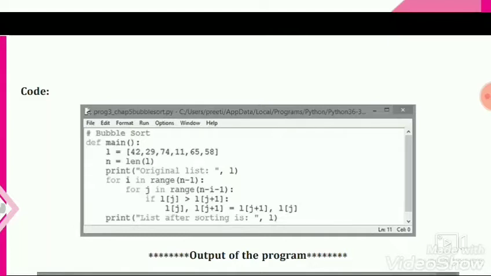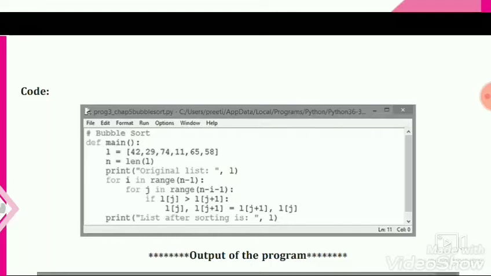After printing the original list we use 2 loops, and the first loop is for i in range(n-1). So the first loop runs according to the number of elements. If the number of elements is 6, it will run 5 times. If the number of elements is 8, it will run 7 times.